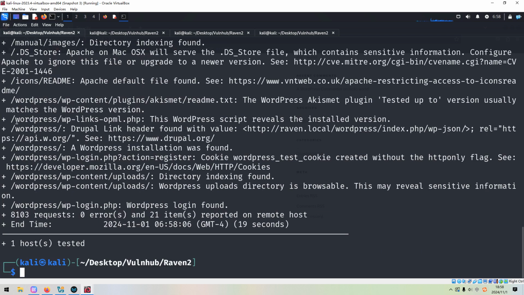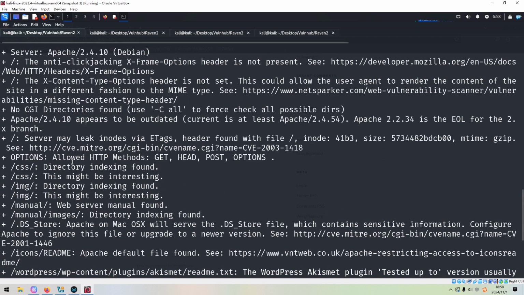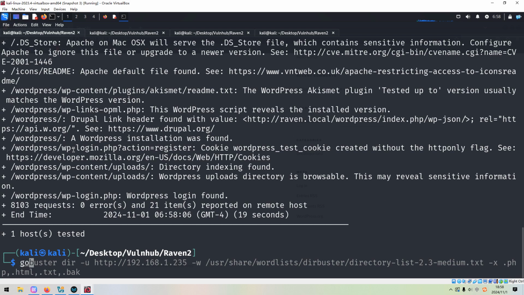As you can see over here, WordPress has been retrieved by Nikto, although we have already got this directory when we manually walked through the site. Next, we can launch GoBuster to do the directory enumeration.